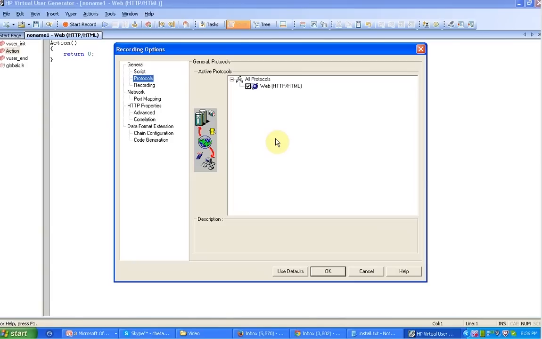The protocol is used to record the script. This is a checkbox through which we can uncheck this. In that case, Vusion will not have any protocol to record the script. This is generally mainly for multi-protocol, where we selected a list of protocols, and if we want to uncheck any one of them, we can do it from here. We need not go back and do everything again.